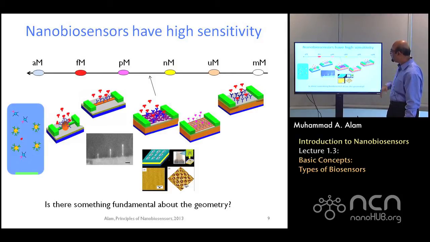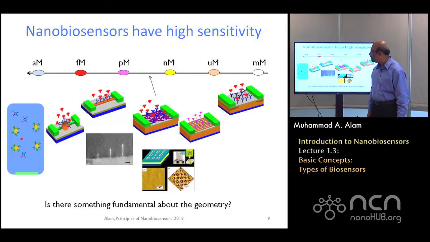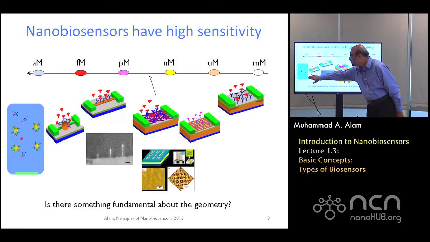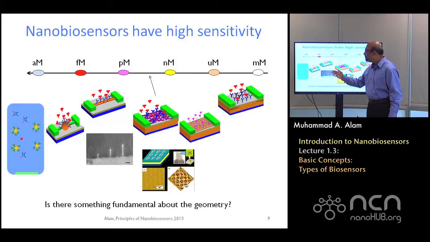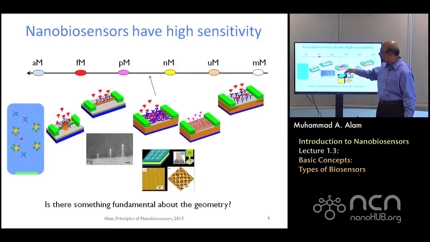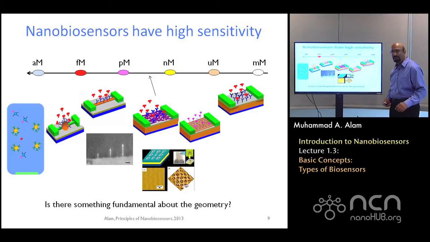Planar sensors are less sensitive compared to a nanowire sensor. This appears to be very sensitive and far better than everything else. The composite is somewhere in between. So there is something going on with the sensitivity and the geometry. But what is it exactly? Now, if you ask somebody in the community what it could be, the answer most of the time will be surface to volume ratio.